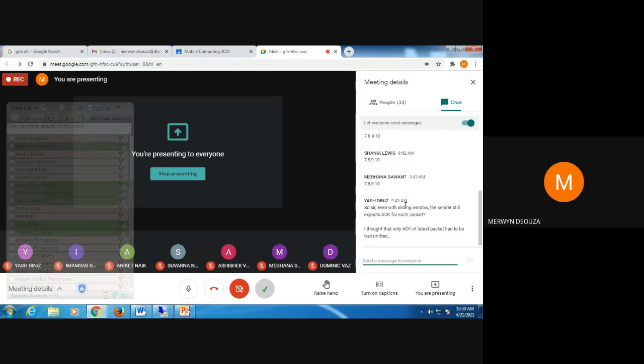See, as I told you, there are various versions of these flow control techniques. I don't know how you all have studied this in your previous subject. Maybe in your textbook it is mentioned that the sender is waiting for the acknowledgement for each packet. So I'm teaching you according to what is there in your textbook.